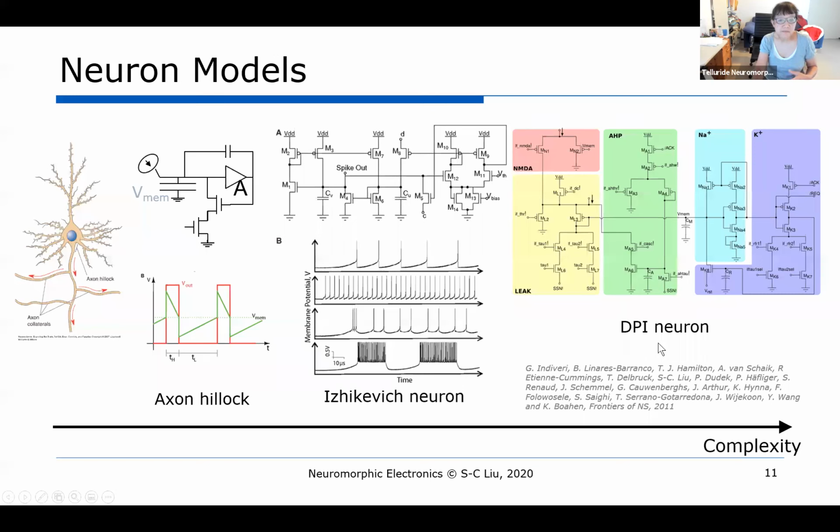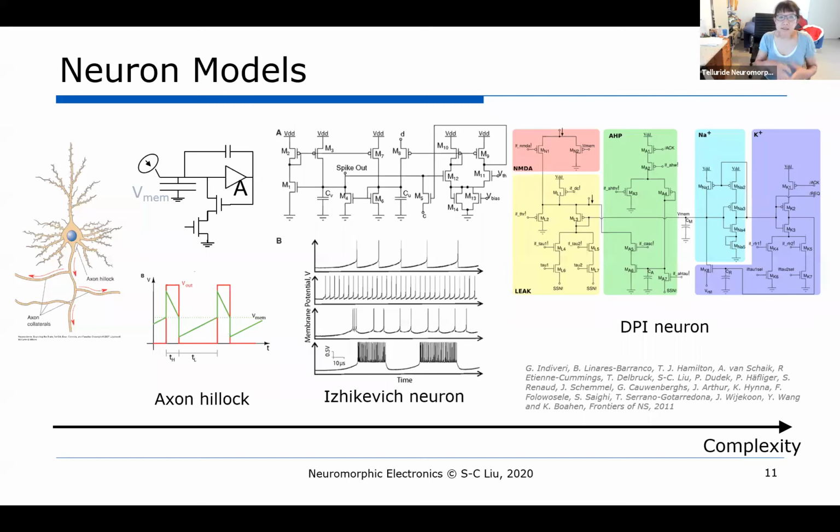So this is from Giacomo Indiveri. And so you can see that now you have even more transistors. So basically which circuit you use really depends on your interest, on what you would like to use this chip for, okay? And so there's a paper that you can read where you can see this whole zoology of neuron